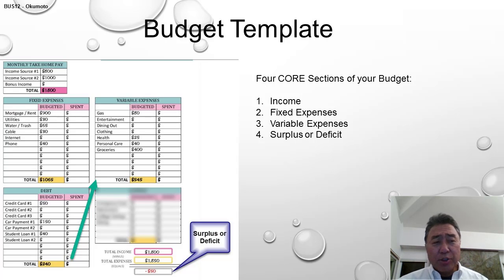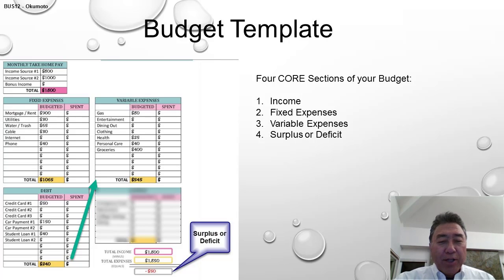And then the fourth area is the surplus or deficit. Essentially, how much is left over? If you have money left over, it's a surplus. Shake your hand because you saved money. If you have a negative number, such as in this case, it's a deficit. So you had to go borrow that money from someplace to cover all your spending, whether it be your savings or borrowing on a credit card. So this is the budget template. It's important for us to get comfortable with it because we'll be using it a lot as we manage our money.